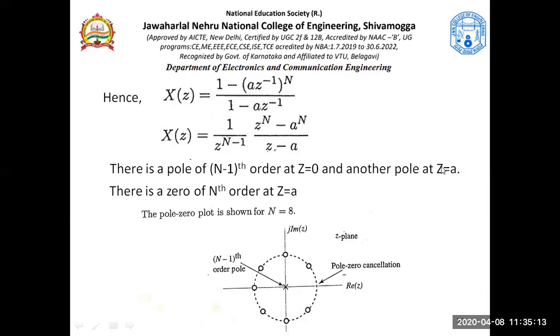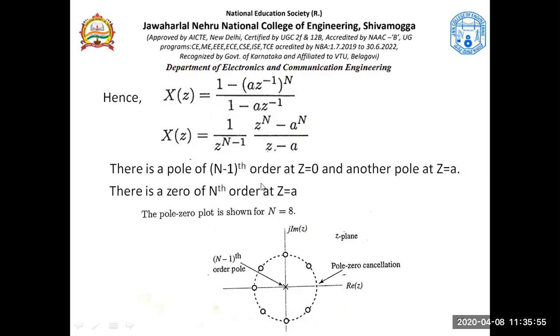There is a pole at z equal to a also. See, this is a. I should have written a here, which is not there. Okay, there is a here. So keeping this a as the radius, you just have to draw a circle. So at this a we have another pole. Okay, that pole is not shown. I'll tell you, pole zero cancellation, it says that pole is not shown. I'll be talking about this in a while. Fine, this is a pole, but that pole is not to be seen. Why it is not to be seen, though it is present there, would be explained in a while.